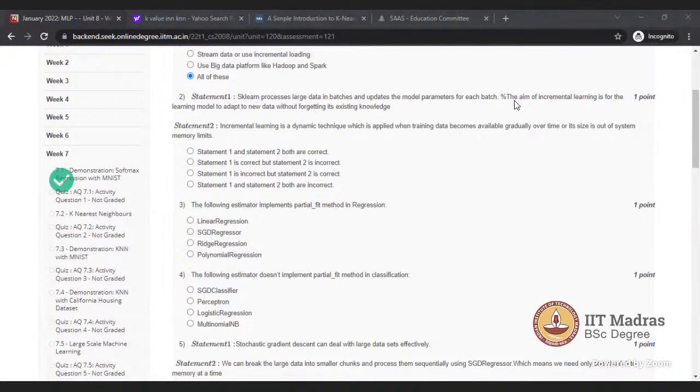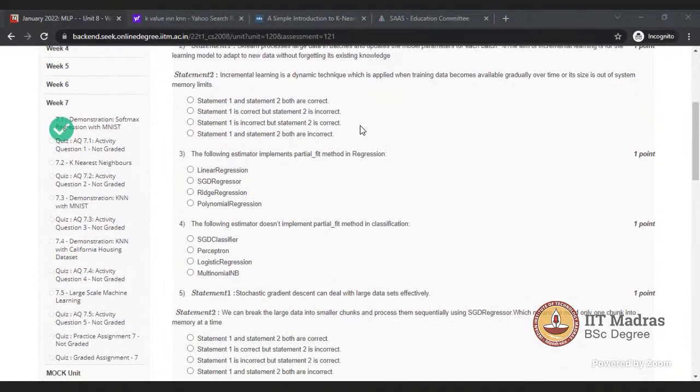Incremental learning is a dynamic technique applied when training data becomes available gradually over time, or its size is out of system memory limits. I think we would have just removed this term, but the configuration team typed it. Both are correct, right?